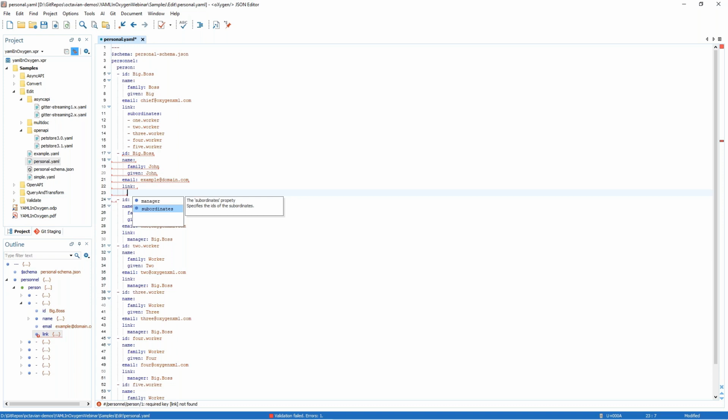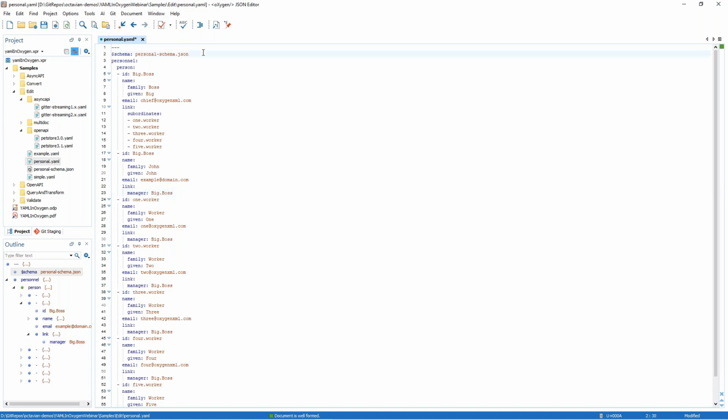So if you document your schema, if you add information with links, with specification, then you'll have this information added here in the content completion window. And this makes sure that when you edit a YAML document, you'll have the document valid and according to the schema that you define. If you don't want to associate the schema in the document, or this property is not valid for you here,